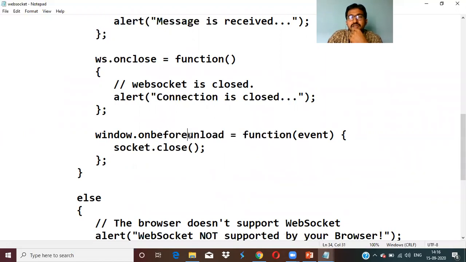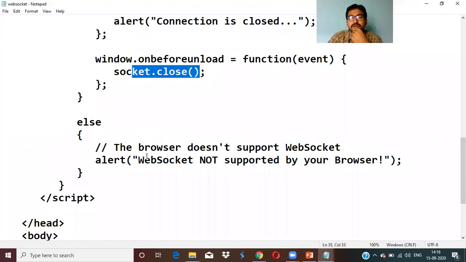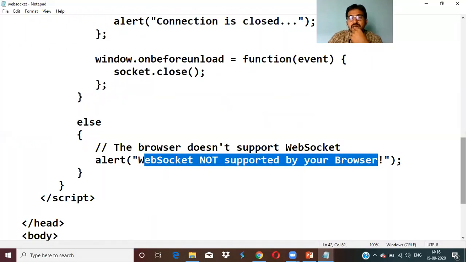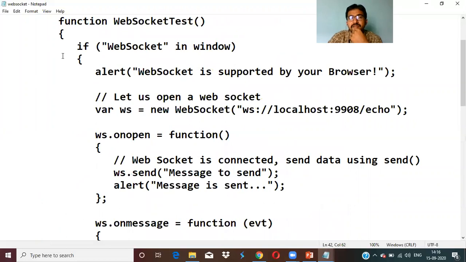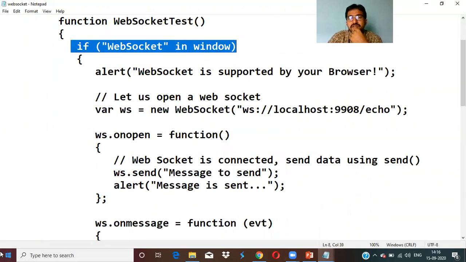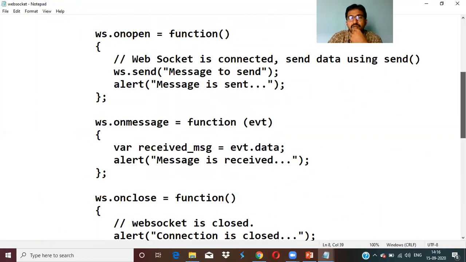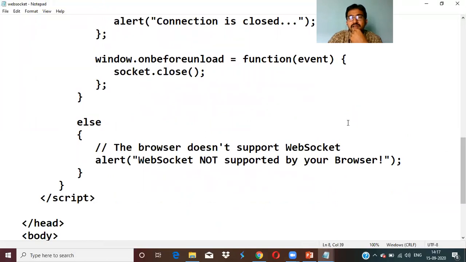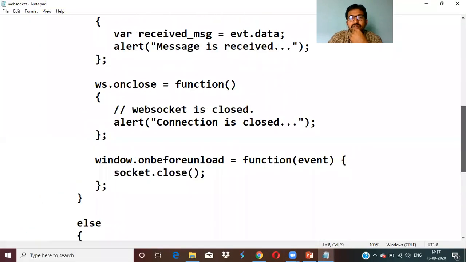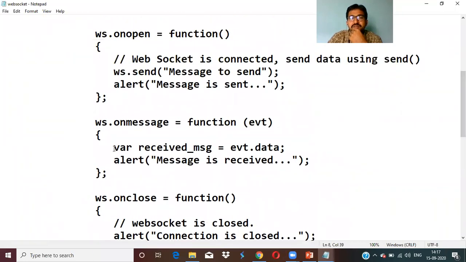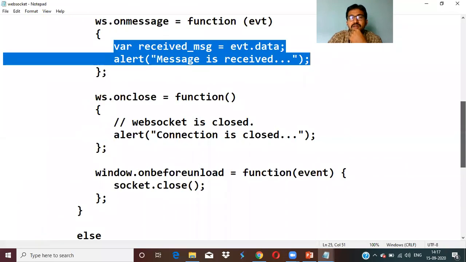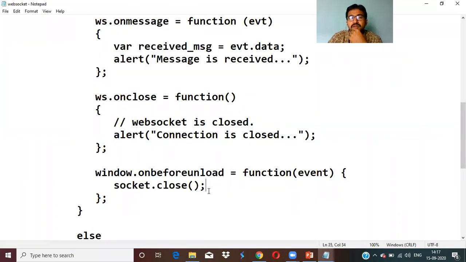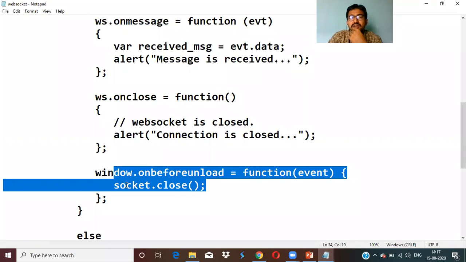If it is not loaded correctly, then automatically the socket close will be triggered. Now if WebSocket is not supported by your browser, the else part will be executed. If it is supported, then the rest of the code will be executed. And one more very important point, whenever you receive a message from the server only, this will be triggered. If you have any problem in loading, onbeforeunload, it will be closed.